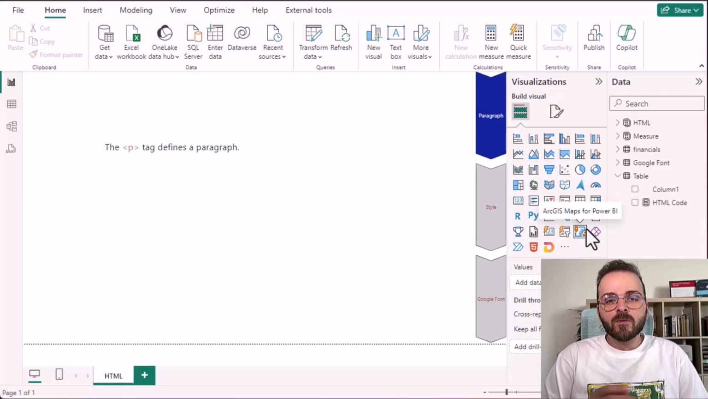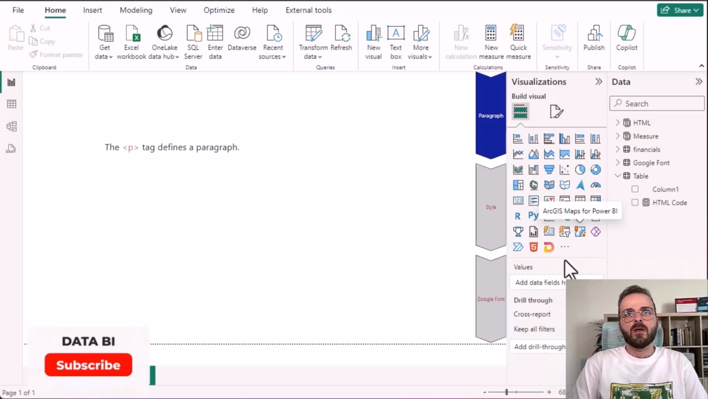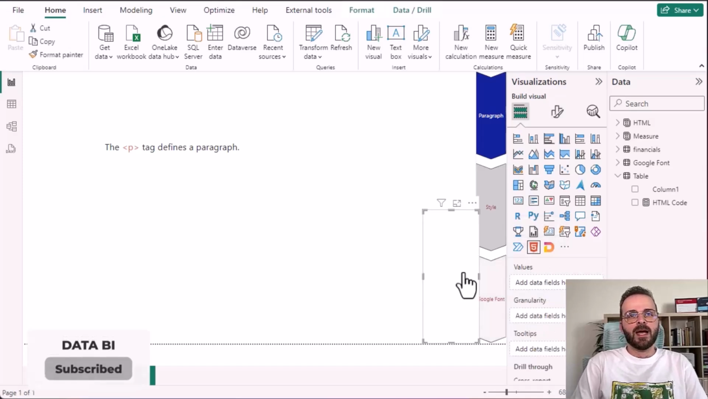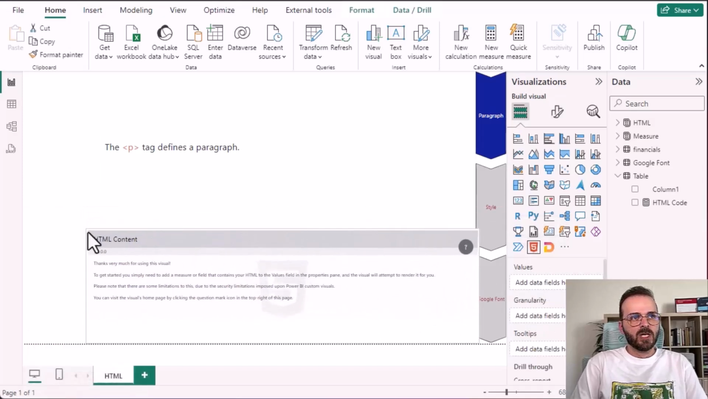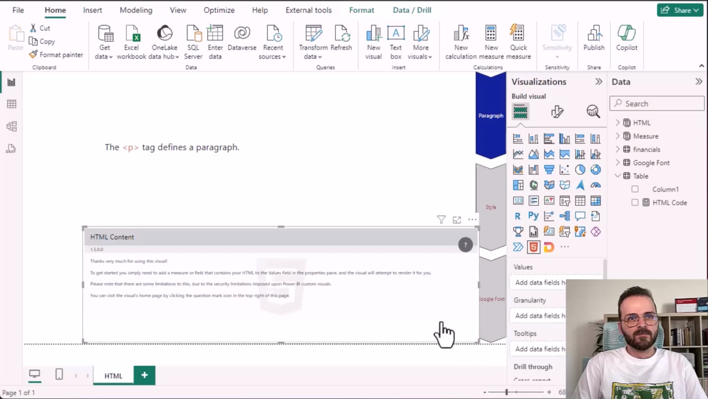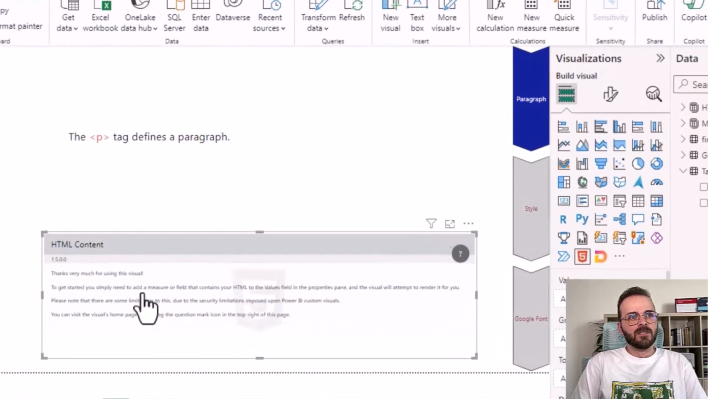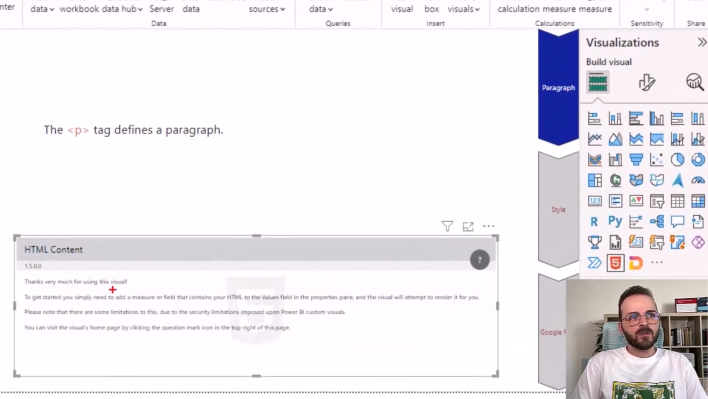For using Google Fonts in Power BI, we need to write some HTML code and use a custom visual. I always use this custom visual, HTML content. Let me add it to my report, change the size of that. And then, as you can see, you need to add a measure or field that contains your HTML code to